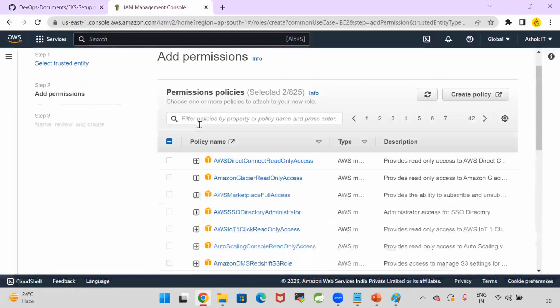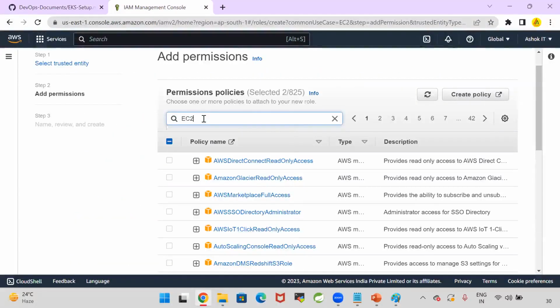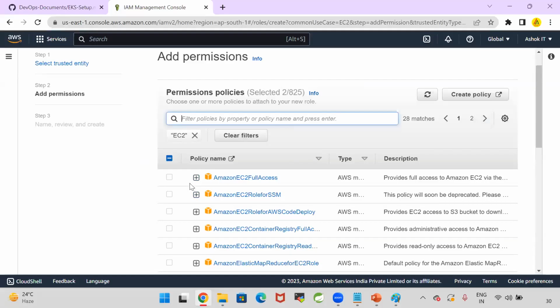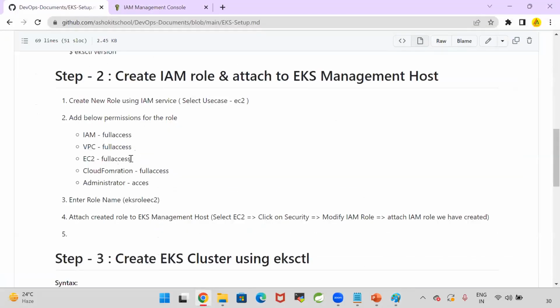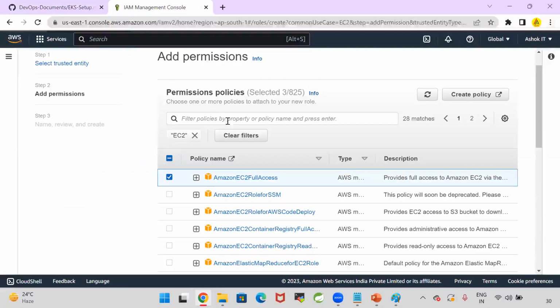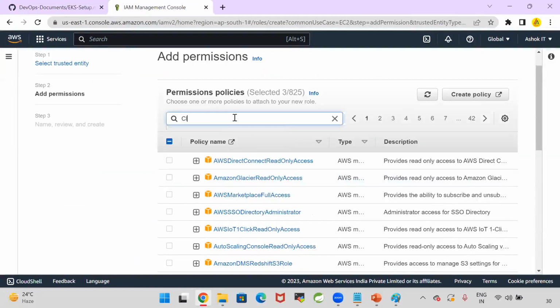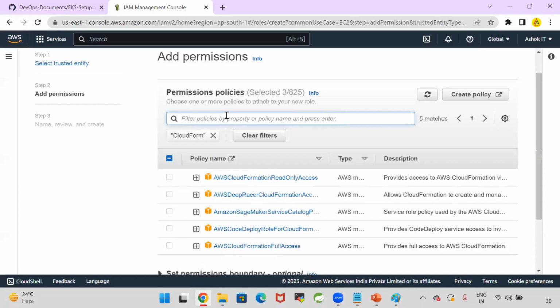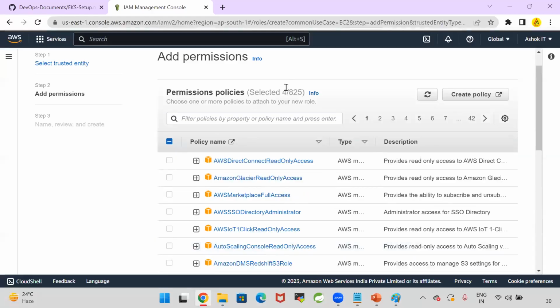Then EC2 full access. Amazon EC2 full access. Then after Amazon EC2 full access, CloudFormation full access. Now let's type CloudFormation full access. Then clear the filter. I selected 4